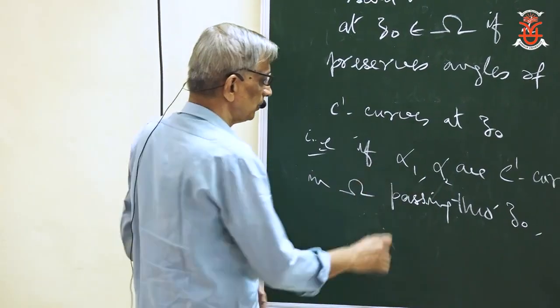So f composed with alpha 1 and f composed with alpha 2 will be the image curves. So the angle between